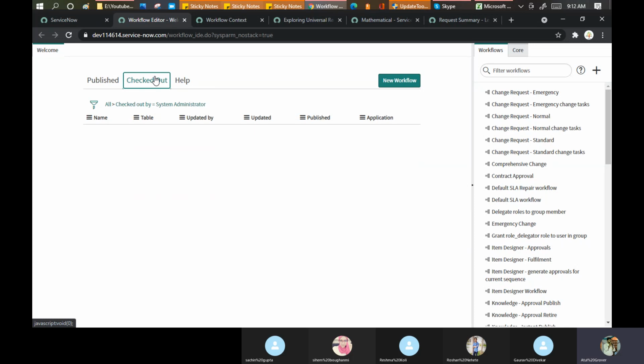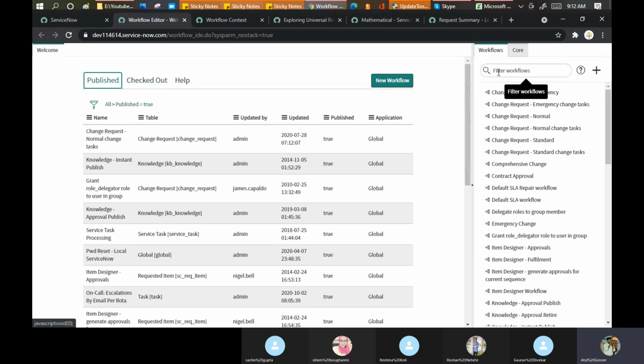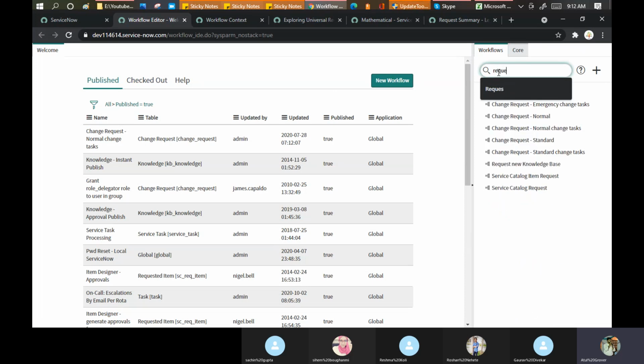If you switch off internet on your mobile phone, it doesn't mean that you cannot receive a call or give a call to anyone. You still can do that part. Okay, so same thing. Now what I'll do, I'll go here and search for the request, because the workflows have been defined on the request.